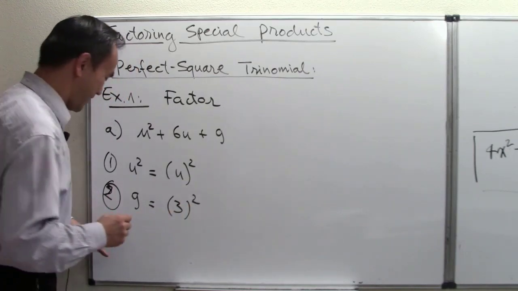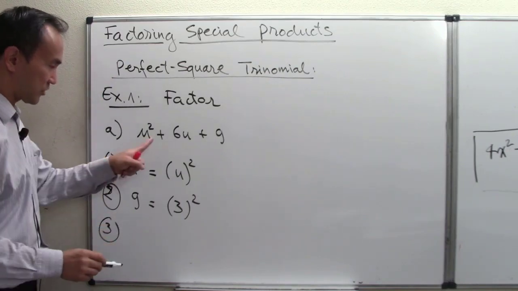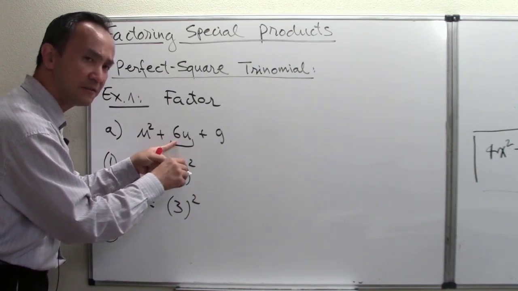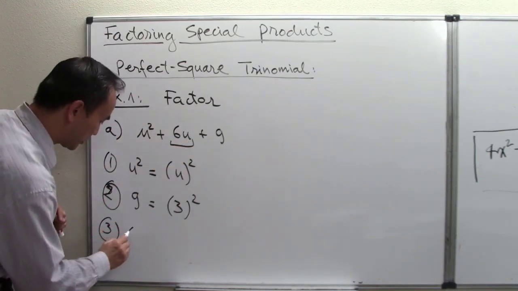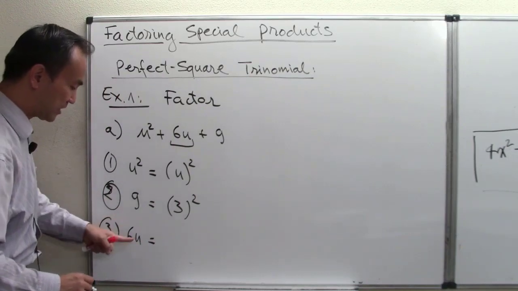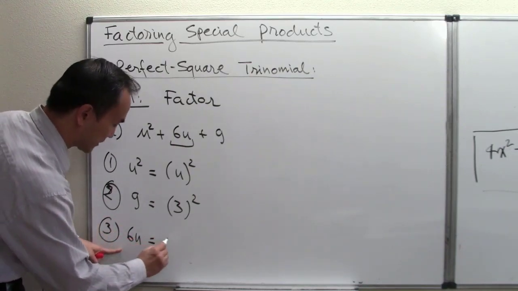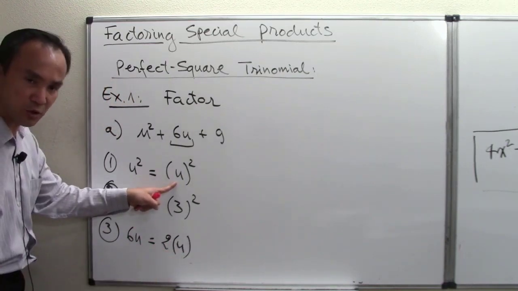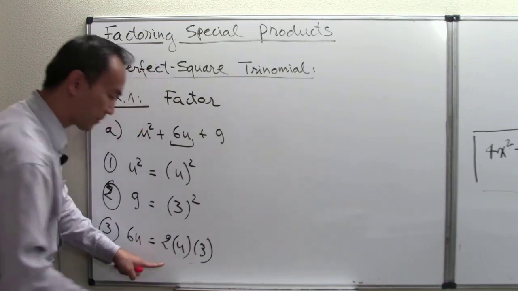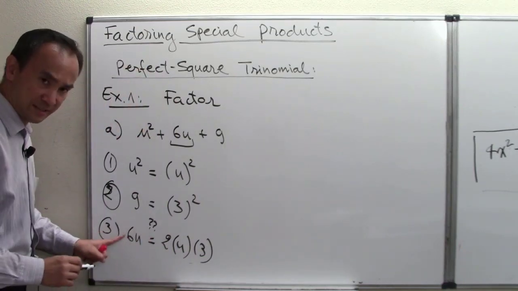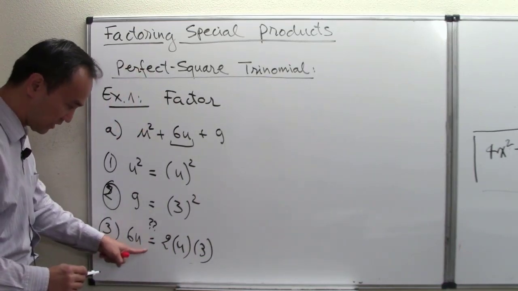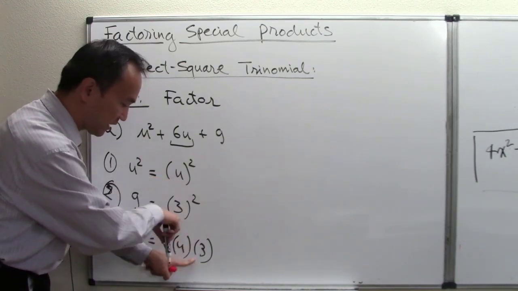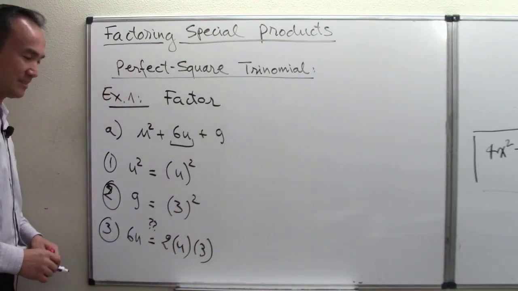All right. And the middle term, the sign here is a plus 6u, but let's only worry about the coefficient itself and the variable part. So 6u itself right here. Can I simply express this as 2 times the u, that first term before square, and times 3? Is it true? Yes, it is true. Observation tells me that 6u really is equal to 2 times u, the first term before square, times 3, the last term before square. All right, and so now